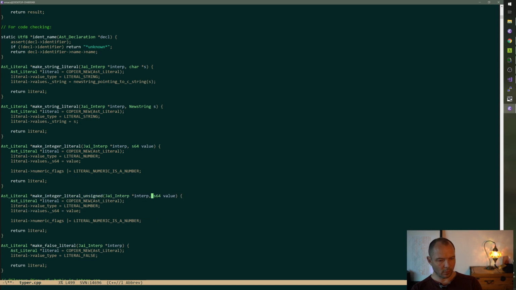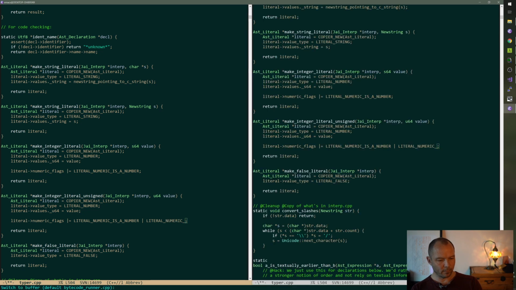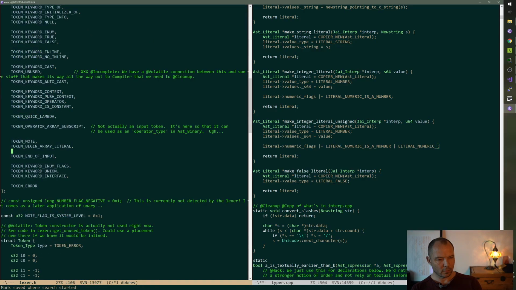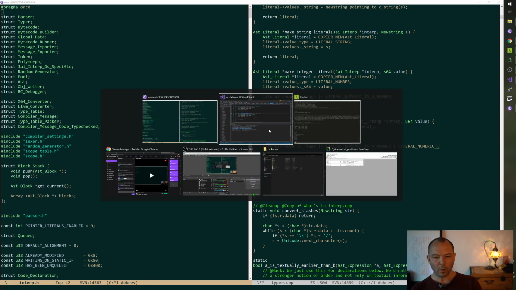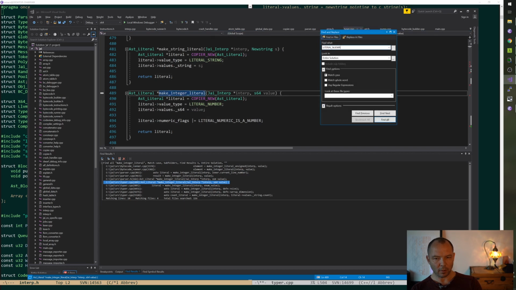We're not even going to bother to do anything. Where are these flags? Where are these flags?